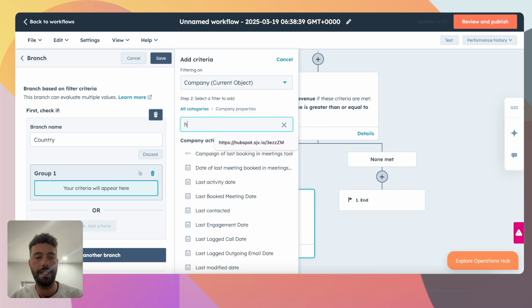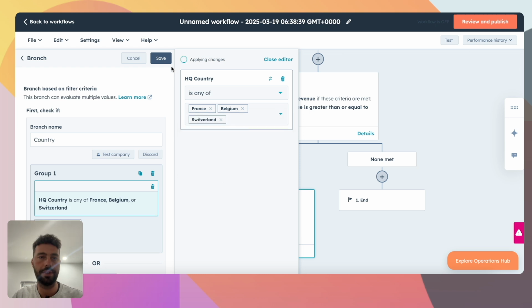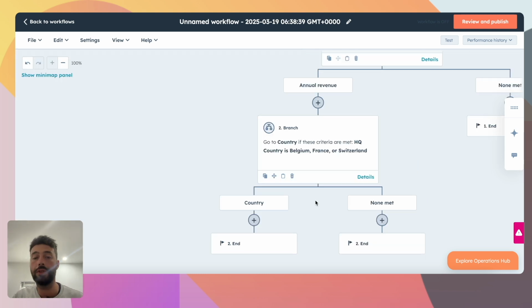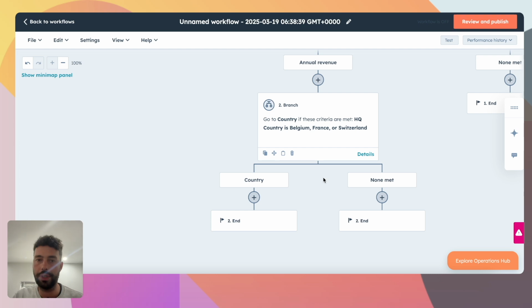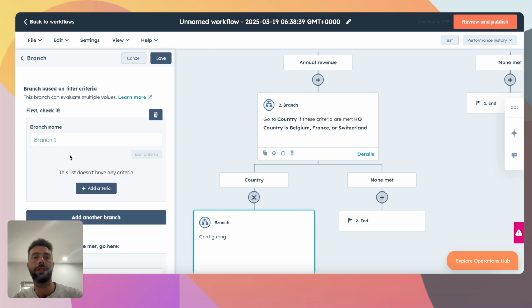We choose HQ country as a filter, and it is any of France, Belgium, and Switzerland. And then we want to focus on the industry. So let's say I have 3 industries I really want to focus on to have tier 1 companies. I will click under country as well, under the good branch, so Belgium, France, or Switzerland. I have a branch and our logic,